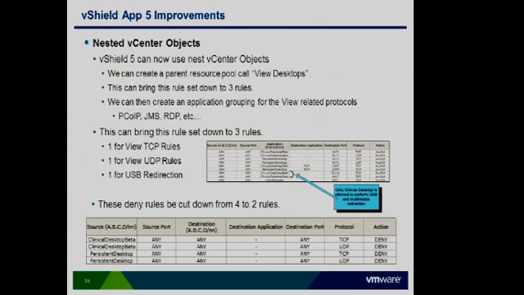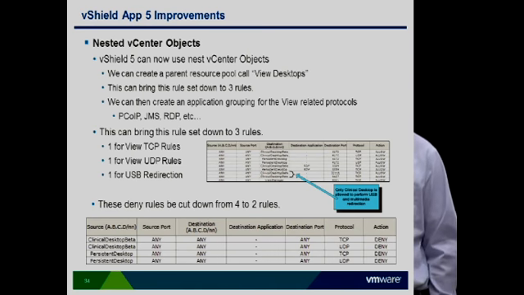One of the limitations within vShield App 1.0 is the fact that you couldn't do a parent and child resource pool. So if you had a parent, it didn't matter what the children resource pools were. You would have to choose each individual child resource pool to create these rules, which is why we did this. With vShield